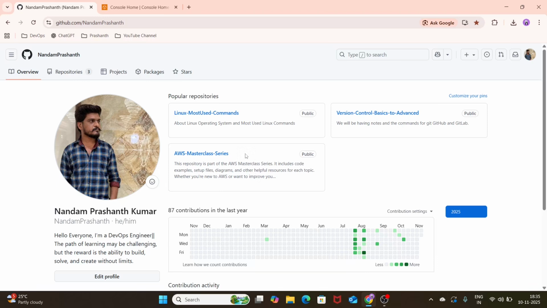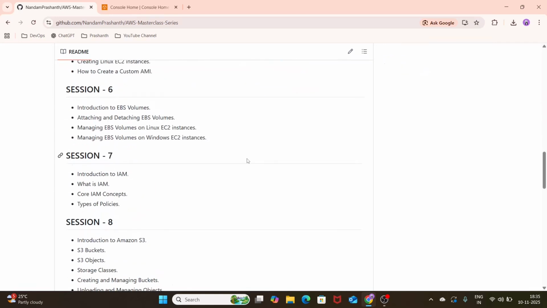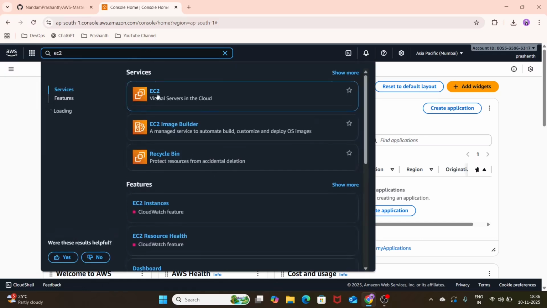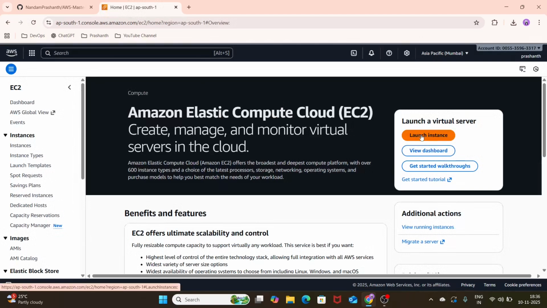And as a part of our AWS Masterclass series, today we will be covering session 6, and we will be seeing how to attach an EBS volume to an EC2 instance on Linux machines and Windows machines. Let's start. First, we will go with the Windows machine. First, let me create a Windows EC2 machine, then we'll attach an EBS volume, and then we'll see how to